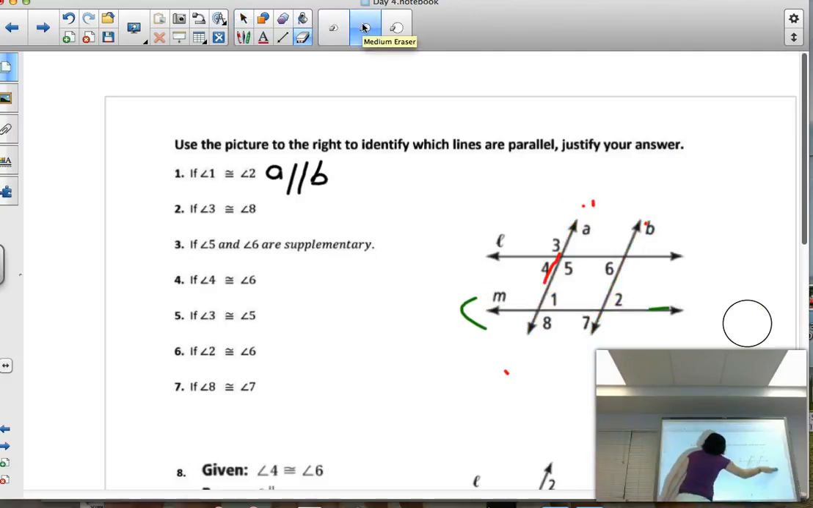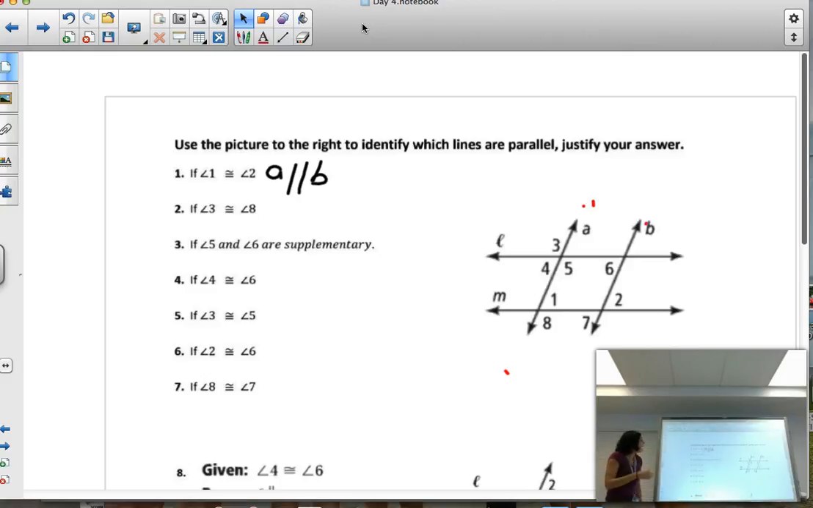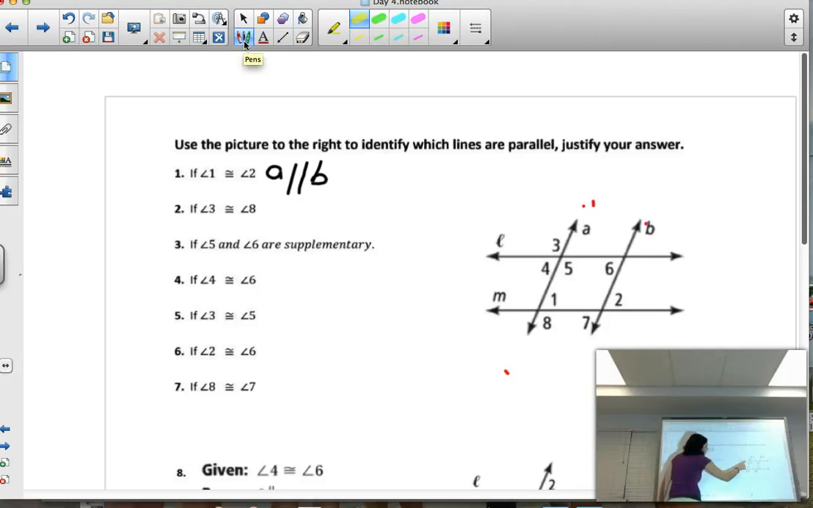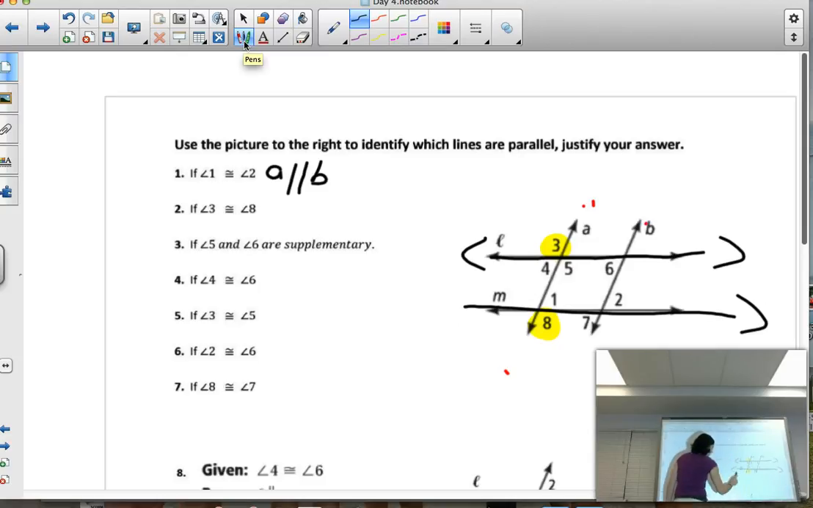All right. Let's do the next one. Okay, angle 3 and angle 8 are congruent. So I'm going to use my highlighter. Angle 3 and angle 8 are congruent. Lines L and M. We have parallel. I'm going to draw in the lines that are touching the ones that I've highlighted. You're right,